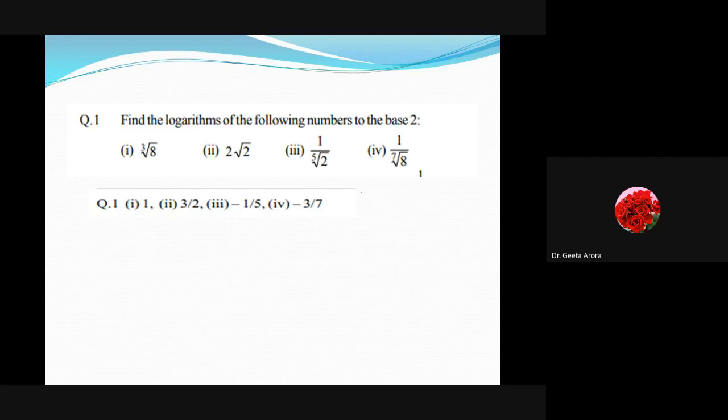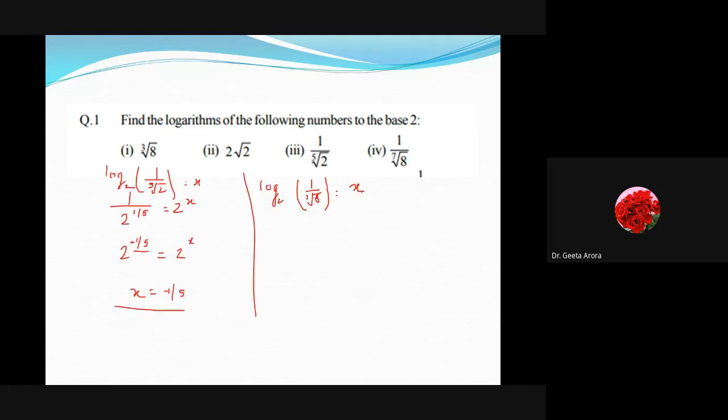Okay, let me do it, the fourth part. If I see, we have minus 1 by 5. Okay, I think I have removed that part. Still, let me go through this. What we have is, here we have to write it as 2 raised to power x is equal to, here if we see, we can write something in a power of 2, correct? So if we talk about 8 first, 8 is having a power of 1 by 7, it's the 7th root. 7th root means 1 by 7. But we have to compare it with 2 raised to power something.